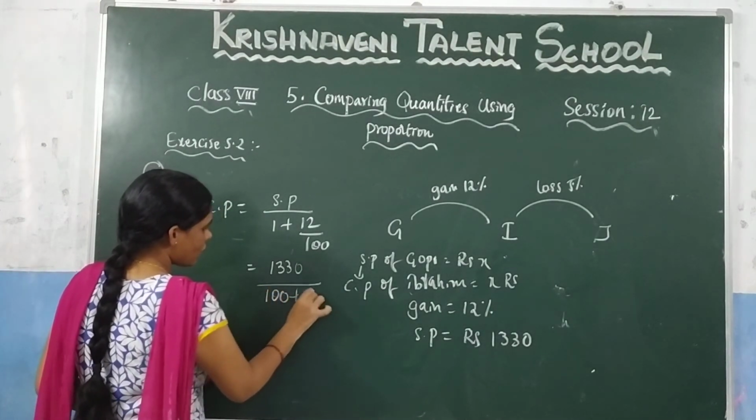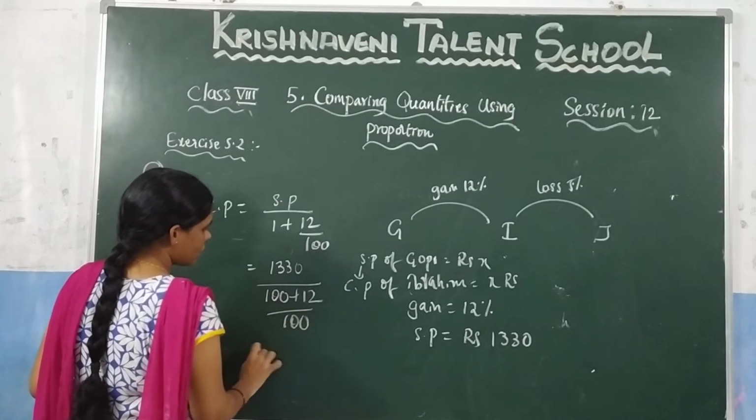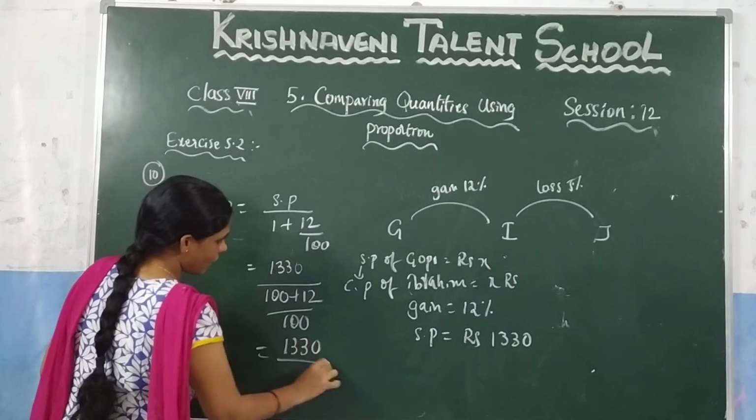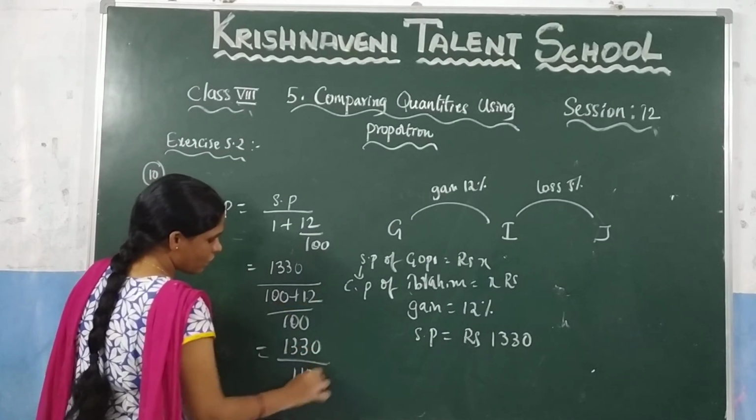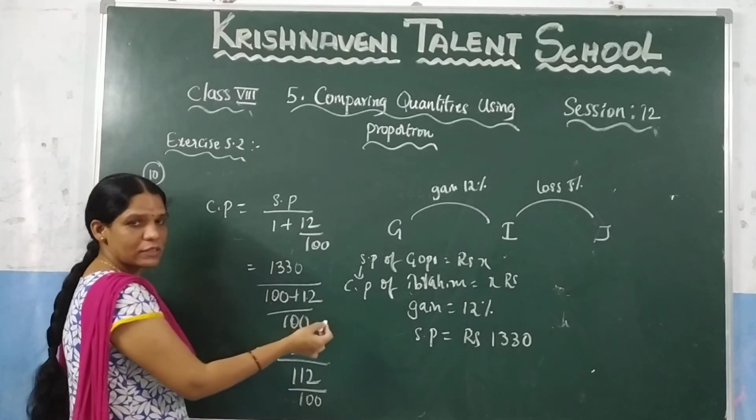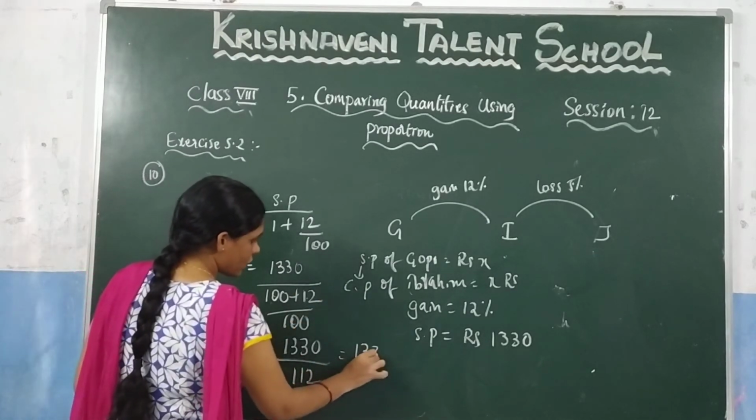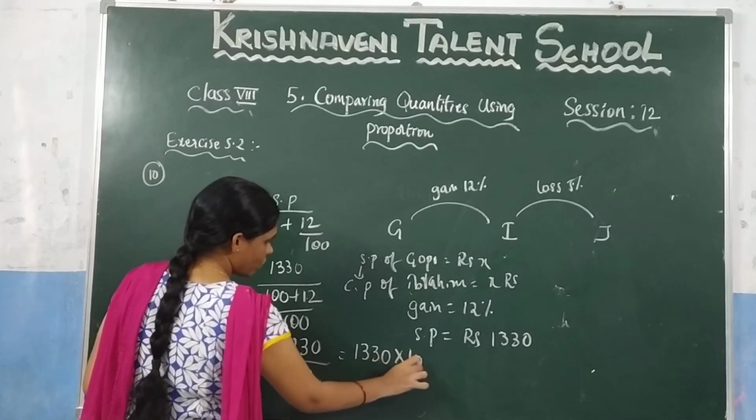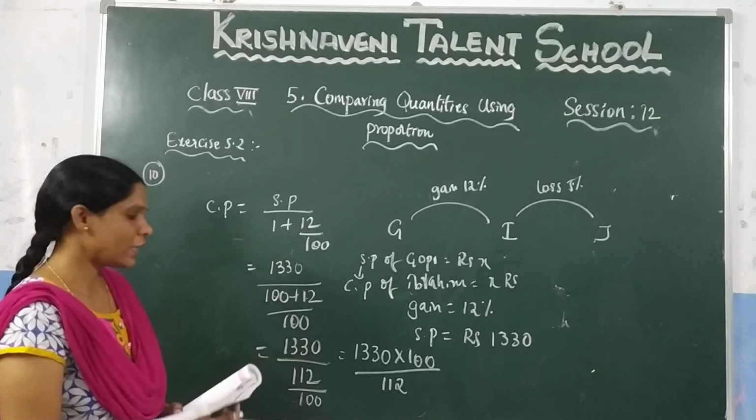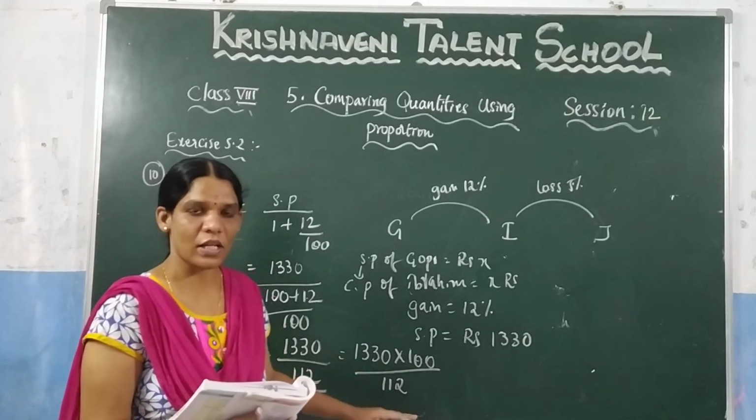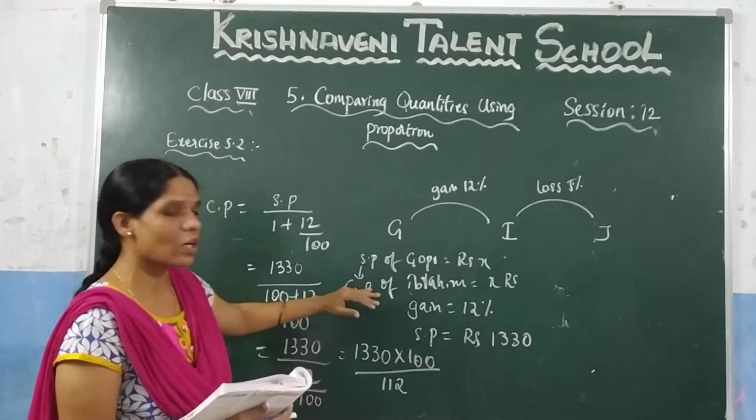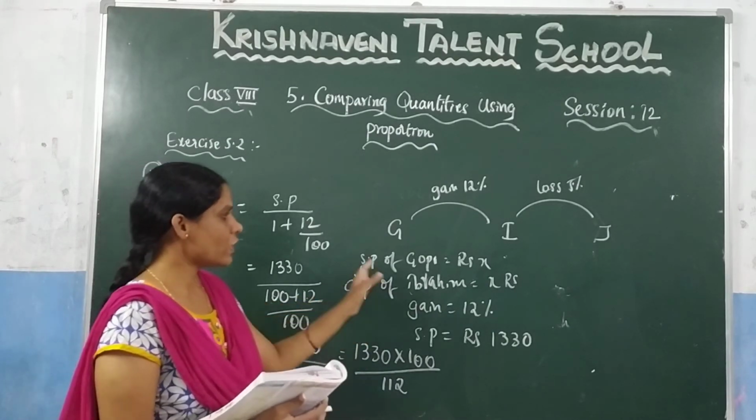100 plus 12 by 100. Now, how much are you getting here? It is 1330 by 112 by 100. Now, if you take this 100 to that side, it will become multiplication, so that we will get 1330 into 100 by 112. Right? Once you cancel this, you will get the value of the cost price, and that will become the selling price